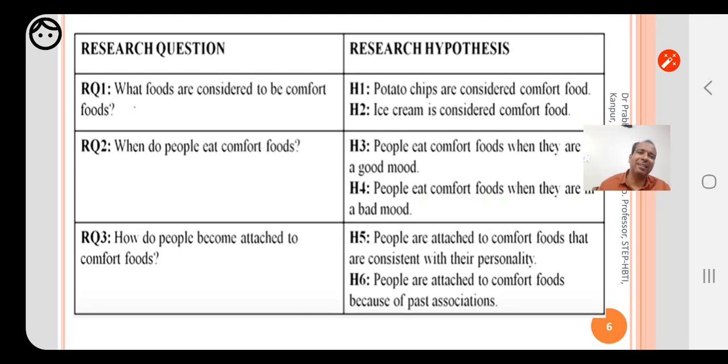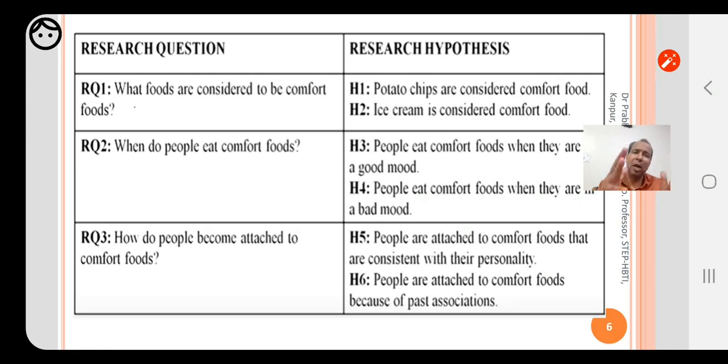Let's take another research question. How do people become attached to comfort foods? Research question hypothesis may be people are attached to comfort foods that are consistent with their personality. Another hypothesis may be people are attached to the comfort foods because of past associations.